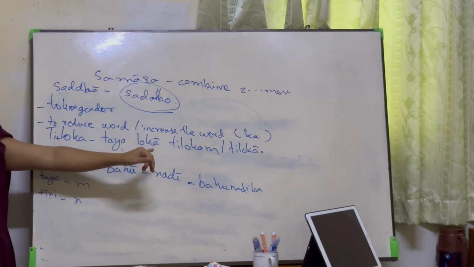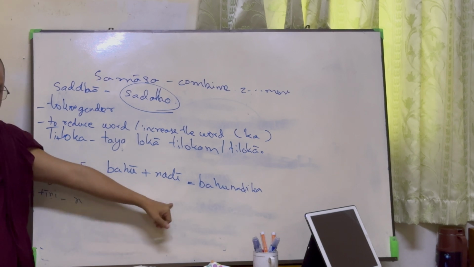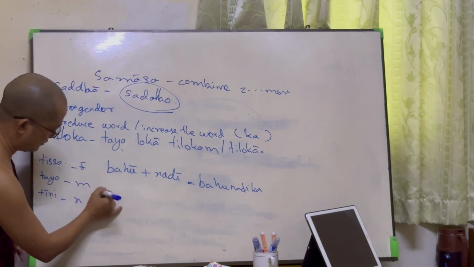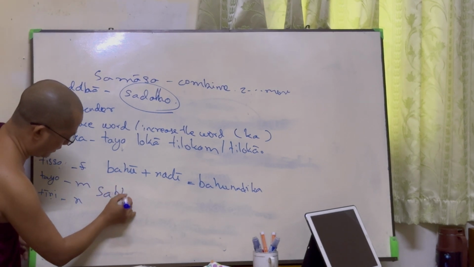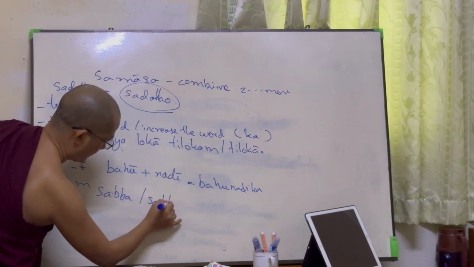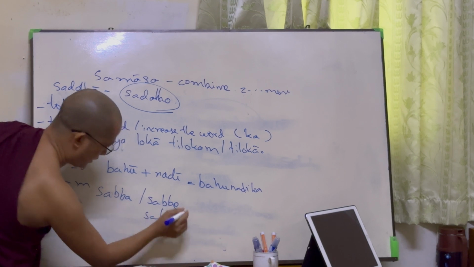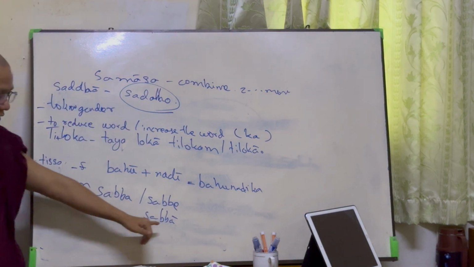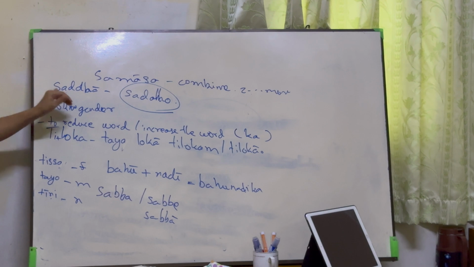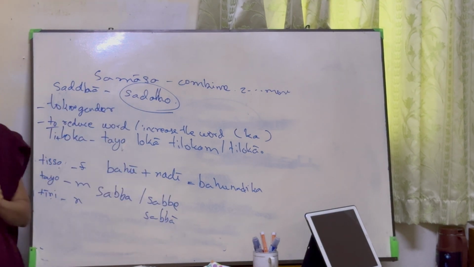Sabbe, Purisa, Sabbā, because of the ā, Sabbe changes into Sabbā. For the masculine, Sabbe. For the feminine, Sabbā. These are also things you already noted. After studying the Samāsa, whatever you recite or read, you can note it easily.